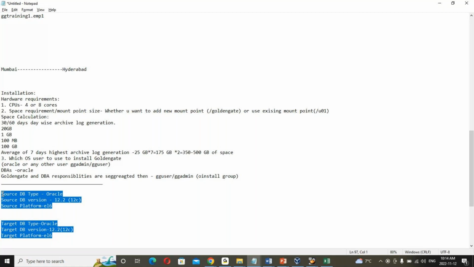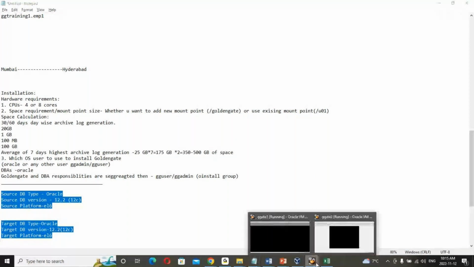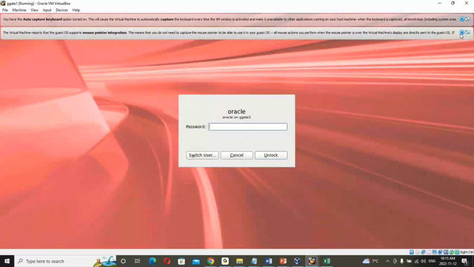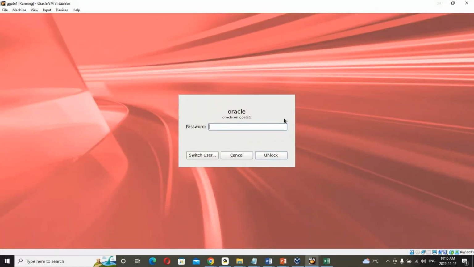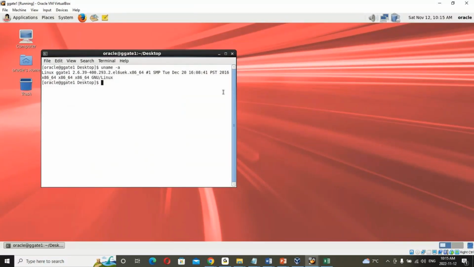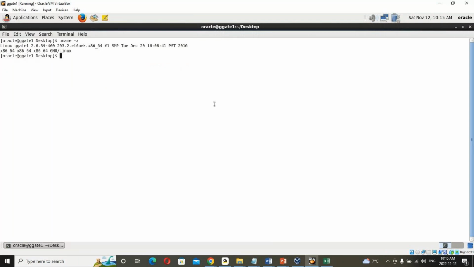So we have done the 19C download, and once you download, you can transfer it to your virtual box or machine where you are working. So the virtual boxes which I'm going to use for training and which are also shared with you, these are the virtual boxes which you have. You will find the binaries in a directory I have already transferred. You will find the binary under slash home slash oracle